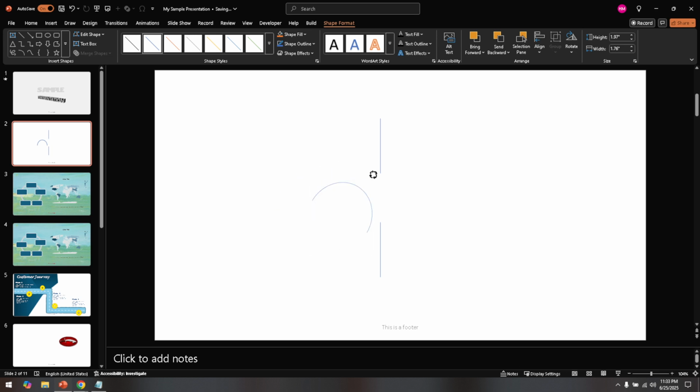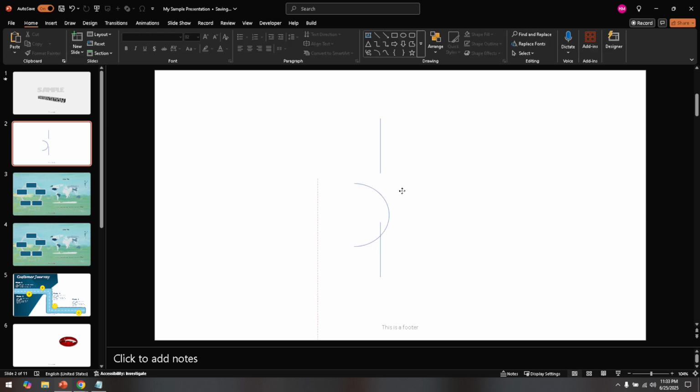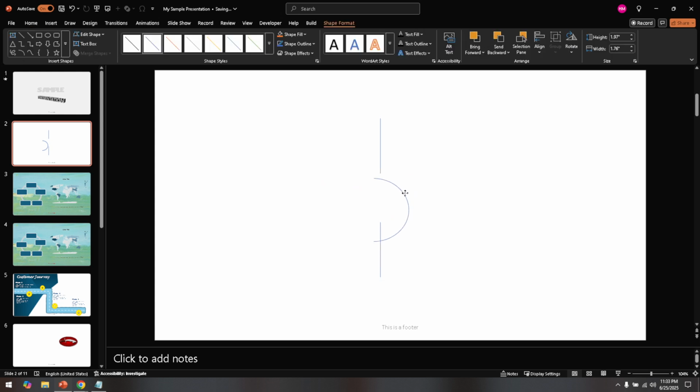Press Ctrl+A to select all the shapes on your slide, then right click on your selection. You'll see an option labeled Group in the drop down. Click this to combine the shapes into a single connector. Grouping these elements ensures that they move and resize together as one unit. That means if you need to adjust your flow diagram at any point, your beautifully crafted jump lines will stay